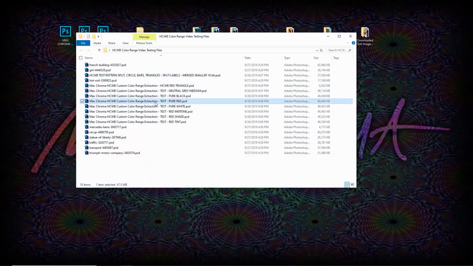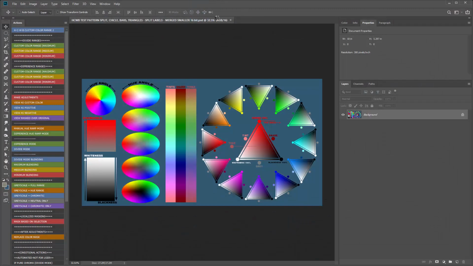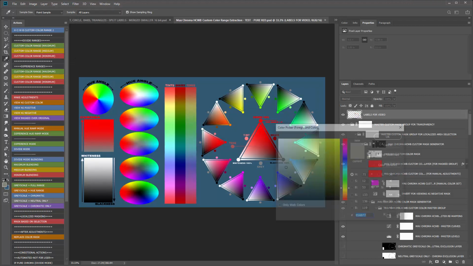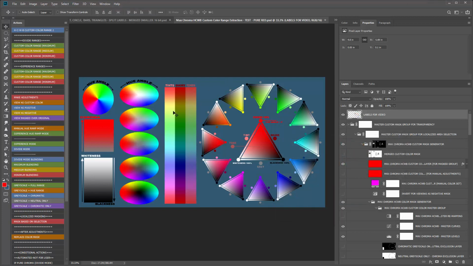Let's say we extracted the pure red. And that would have been like I picked my foreground color and set it to a pure red of 0 degrees, 100% saturated and bright, or essentially has no whiteness and blackness. It's 100% chroma. So if I had gone and run that on all of this, it would give me what